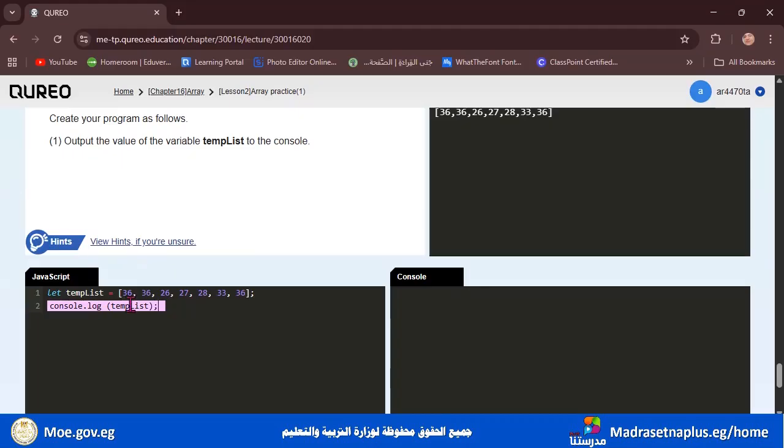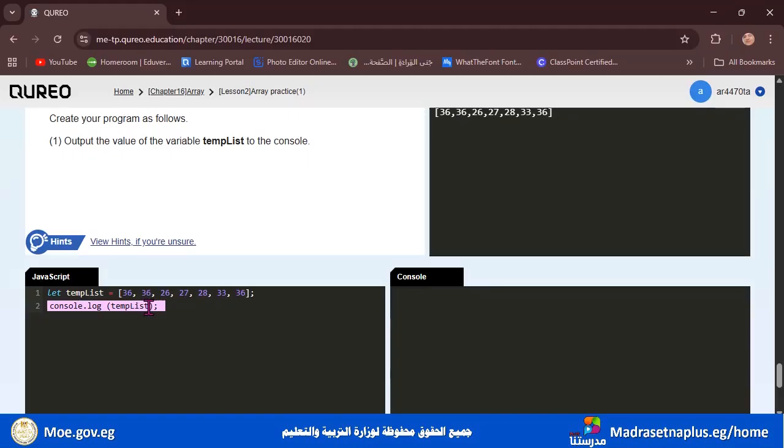So when we want to have all the array at the same time, to write all the values, just write the name of the variable. If you want one value from all these values, after we write temp list, what should we do?